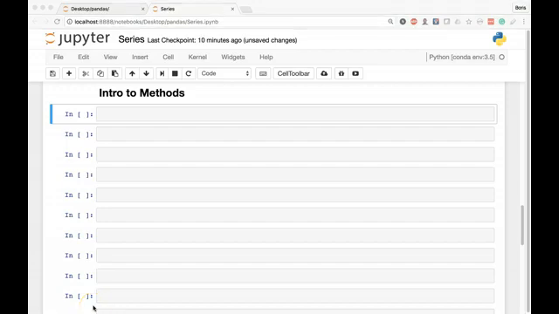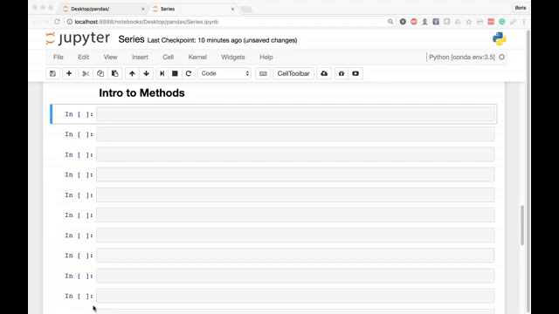Alright, in the previous lesson we explored some of the attributes that are available on a series object, and in this lesson we'll dive into 3 methods that are available on a series object. This is just the beginning by the way, we're going to dive into dozens of methods down the road. These are just some of the easiest ones to give you a better sense of the difference between an attribute and a method. So a method, as mentioned in the last lesson, actually does something to the object. That may be manipulating it or adding values to it, removing values, or it may do something like a calculation